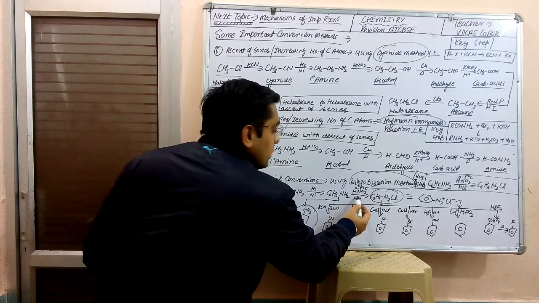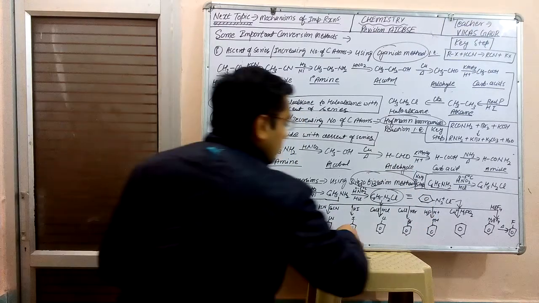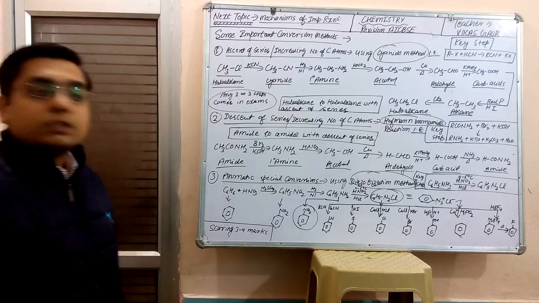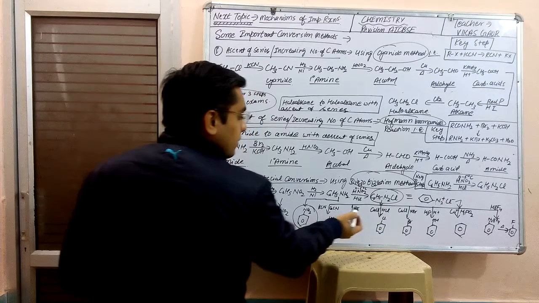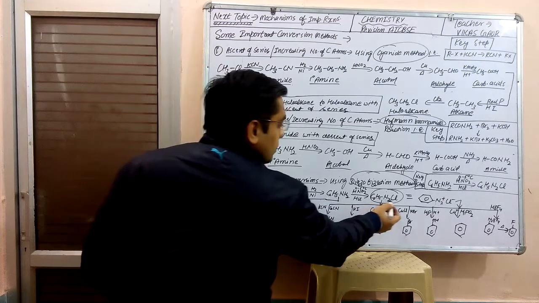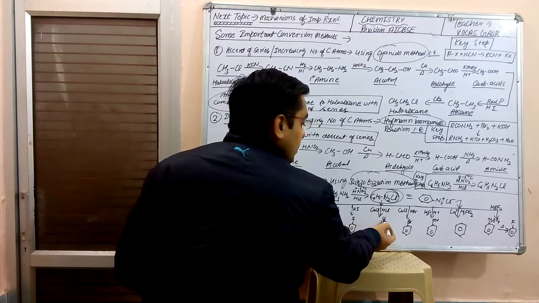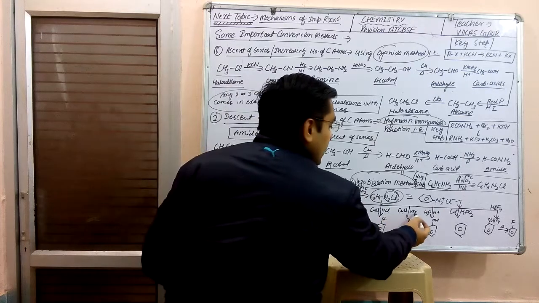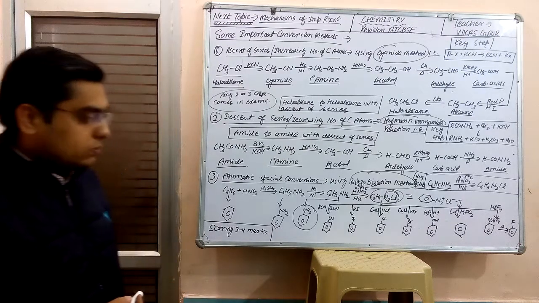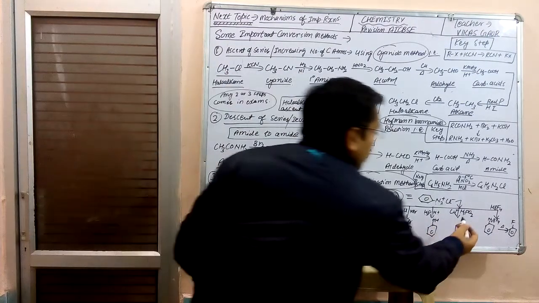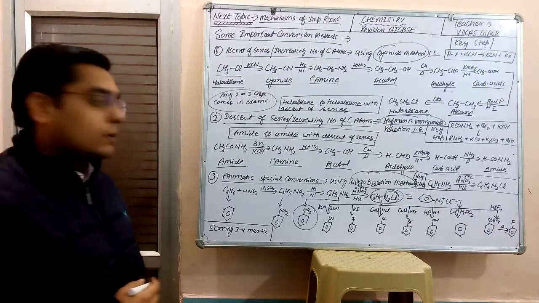And then aniline on diazotization forms diazonium salt. And this diazonium salt can be further converted into various compounds, whichever is required. For example, with KCN and CuCN, it forms phenyl cyanide. With KI, it forms iodobenzene. This group is replaced by another atom or group of atoms. With CuCl and HCl, the Sandmeyer reaction forms chlorobenzene. With CuBr and HBr it forms bromobenzene. With H2O and H positive it forms phenol, means N2Cl replaced by OH. And with H3PO2 and Cu positive ion it forms benzene, means the group N2Cl is replaced by hydrogen.